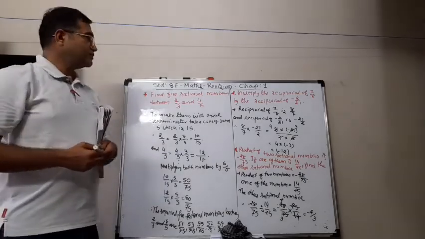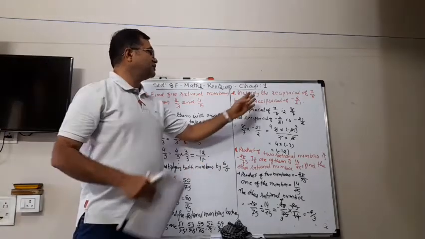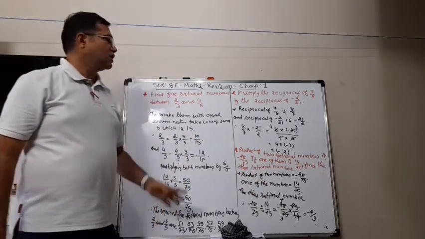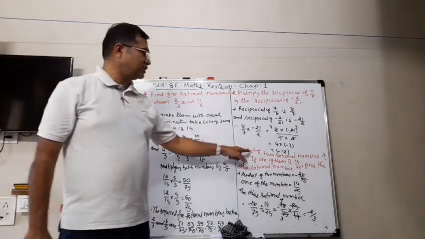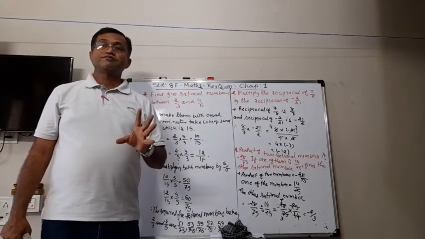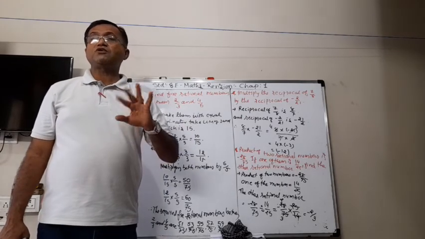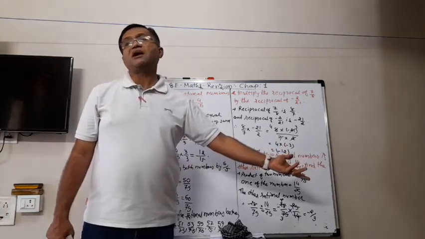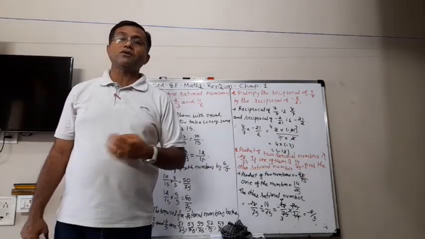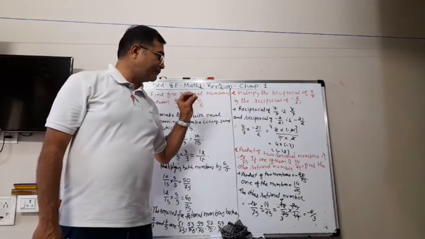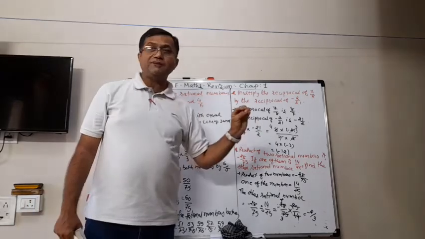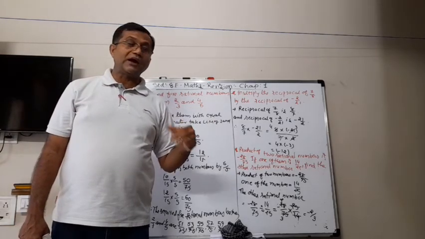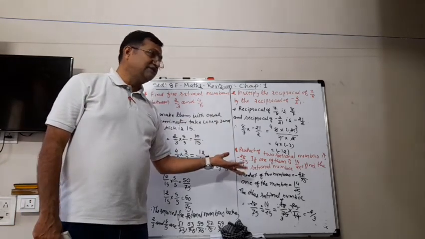So by this way, we can have different types of sums like multiplication and division. We have to be careful, we have to think that the product is given and one number is given, means we have to divide it. Otherwise, if you multiply both the numbers and give the answer, your answer will be wrong. So be careful, read the question carefully and then do the required thing, suppose addition, multiplication or division, whatever is there.